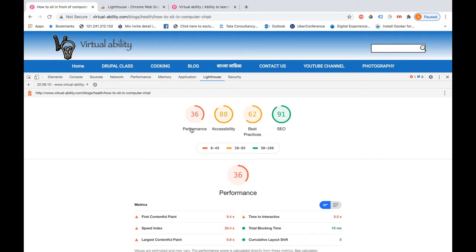The performance is basically how your website is loading. Since it is showing a red mark and it is 36, it needs proper attention to improve this section. The accessibility is for disabled persons. If blind or other disabled persons are navigating your site and facing issues, it will show the lowest score in the accessibility section.